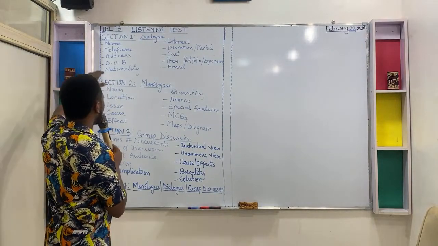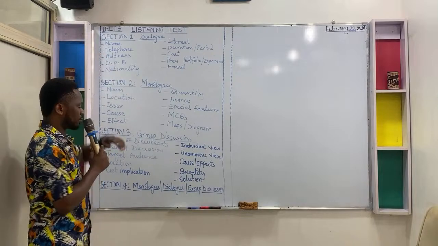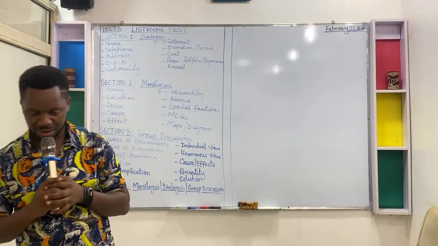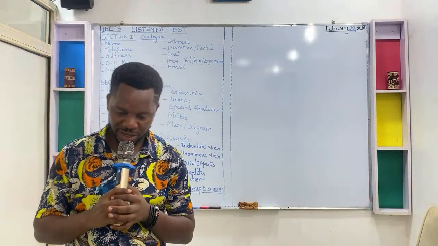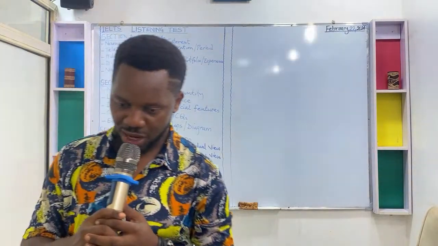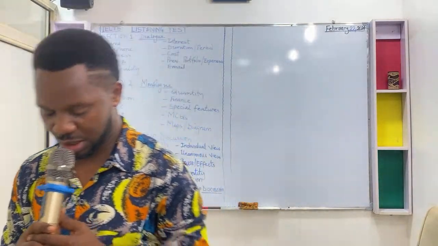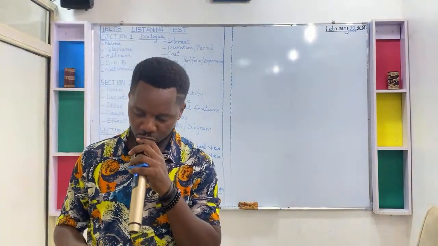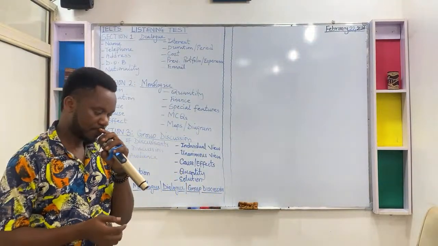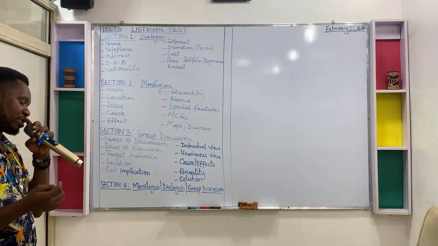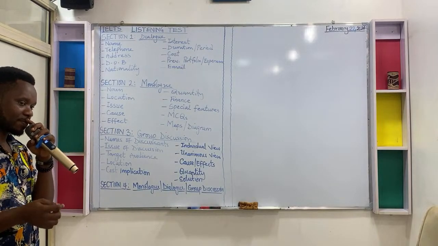Then let's go to the second one. This is a telephone. If telephone is required to be a part of your answers, it will be called out very quickly. So you're meant to write out the digits of the telephone number as the caller gives his or her phone number. If you miss a digit, that phone number becomes incorrect.